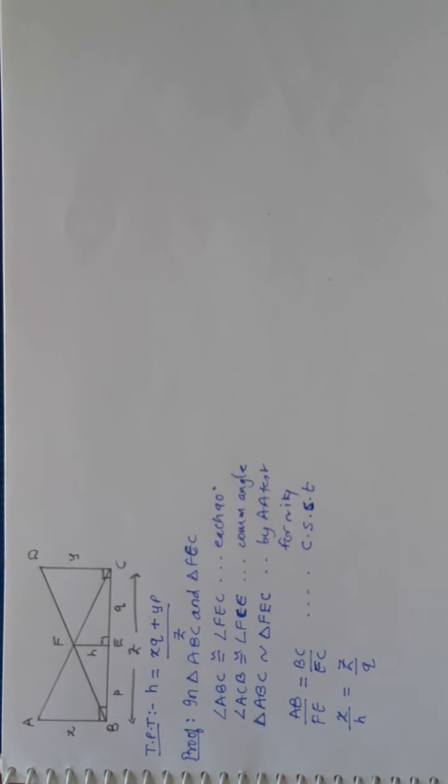That means H should come on top, so invert it. So you'll get here H is to X is to Q is to Z, which I wanted, I got. This is by invertendo. Right? You got this? Okay?